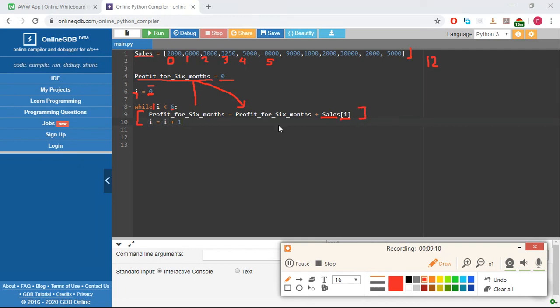Now when you're done with that, I want you to take this i that is right over here, and take whatever magic is happening here, and add a 1 to it. Oh wow, 9 minutes. I want you to add a 1 to it. Now when you've added a 1 to it, it'll know that since it's finished this, it'll now execute this again and come back here. While is i less than